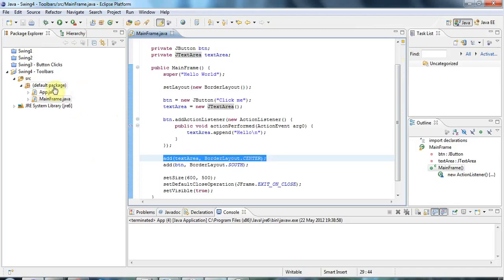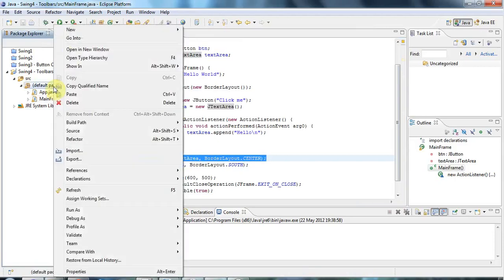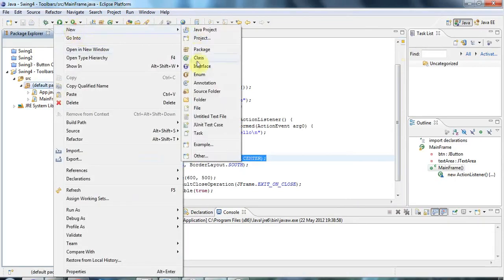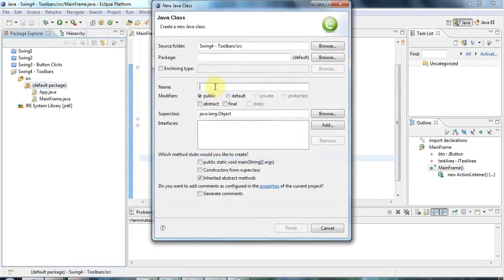So what I'll do is I'll create a new class here, and I'm going to use something called a JPanel. I'm going to call my custom class TextPanel, because it's a kind of panel, and I'm going to say that the superclass of TextPanel is going to be a JPanel. So I'll click finish